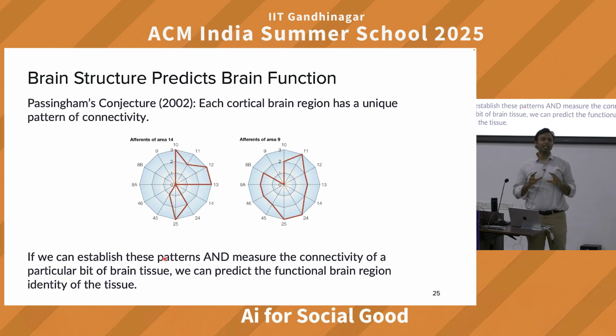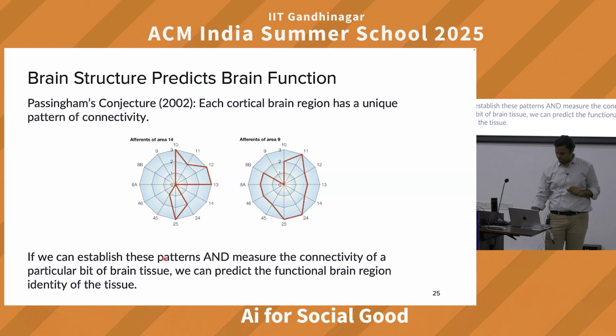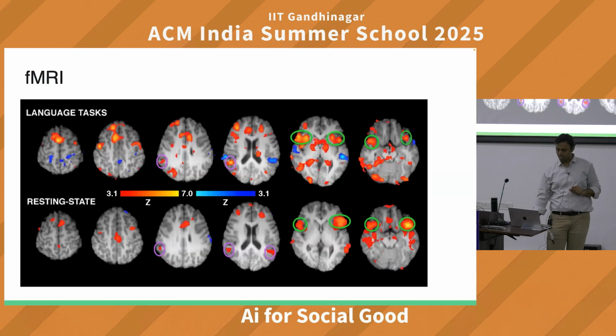So what is connectivity? Connectivity is different parts of the brain, how they are connected to each other. तो एक brain अकेले में काम नहीं कर रहा है. It has these signals going to different parts of the brain, but there are some parts which are more strongly connected to one another than other parts. So once we kind of define how this connectivity is happening, we can then define how the function of different tissue types. जैसे मैंने अभी दिखाया कि इस part of the brain में we see activity of the language region. Maybe another part in the occipital, what we call the back of the brain, we see activity during visual task and all.